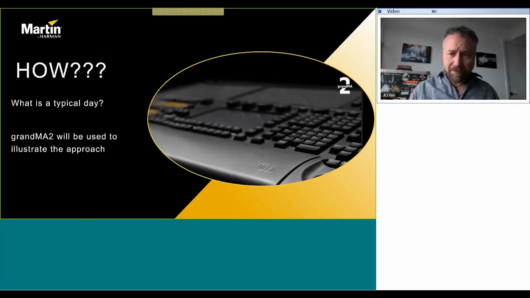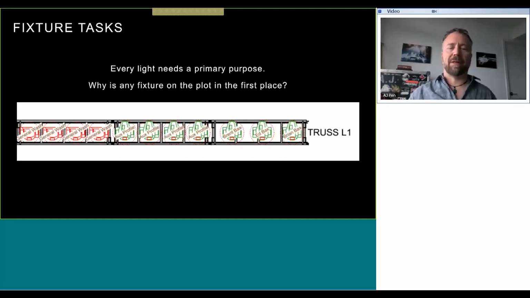So, how do we go about making this show file, and how does it apply? What's a typical day? Again, I'm going to use GrandMA2 to illustrate these programming techniques. I said we're going to choose and organize the lighting inventory. Here's a little blow up on my plot, and if you can read, each fixture has a name. It's a moving light that says Brent Backs. That's Brent's backlight. And then there's aux profile. They're designed to work as part of a group. And then there's general wash. They're designed to work as part of a group.